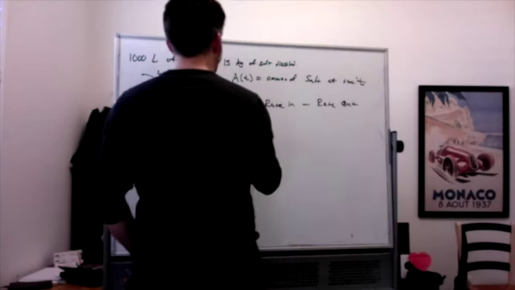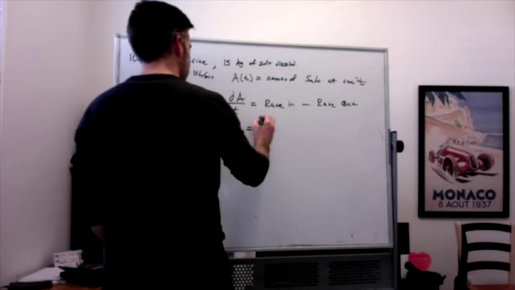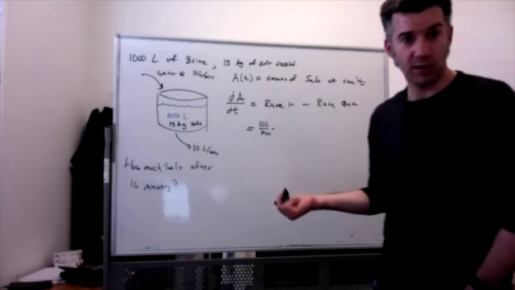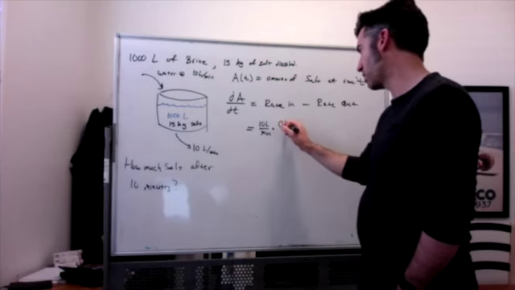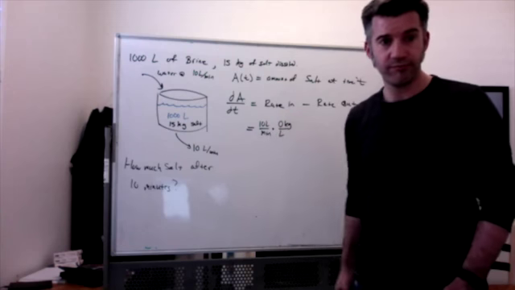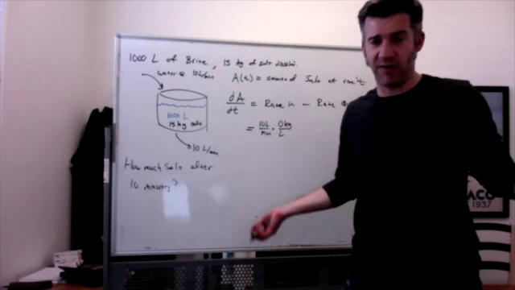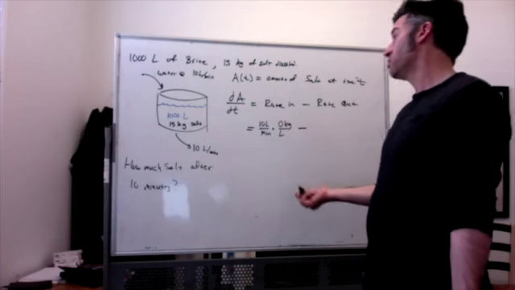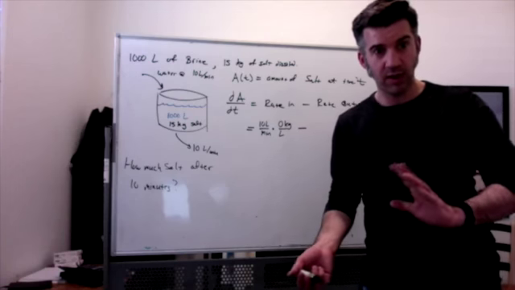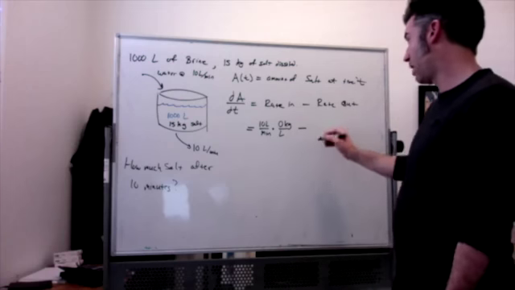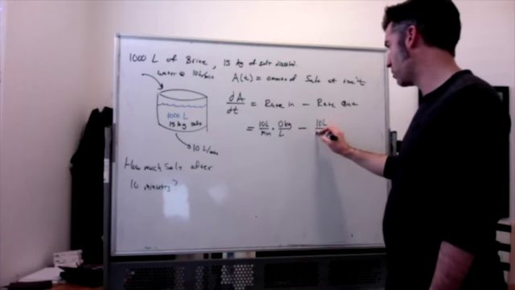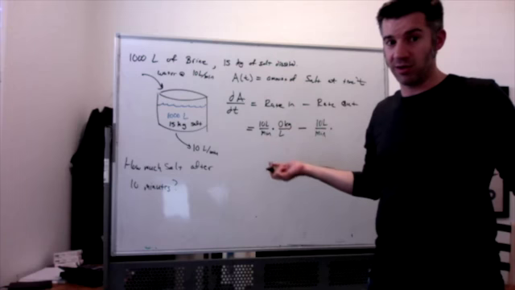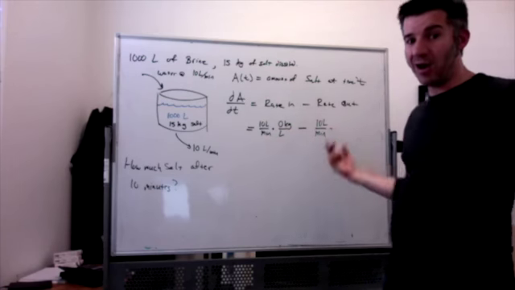Often people write this as, the rate in is 10 liters per minute times the concentration of salt, which is 0 kilograms per liter. So the rate in is 0, which makes sense. If you're adding pure water, you're not putting any salt in the system. Minus the rate out. The rate out is always the challenging part, because the rate out is how fast it's going out, 10 liters per minute, times the concentration. The concentration going in is 0 kilograms per liter. The concentration going out is, well,